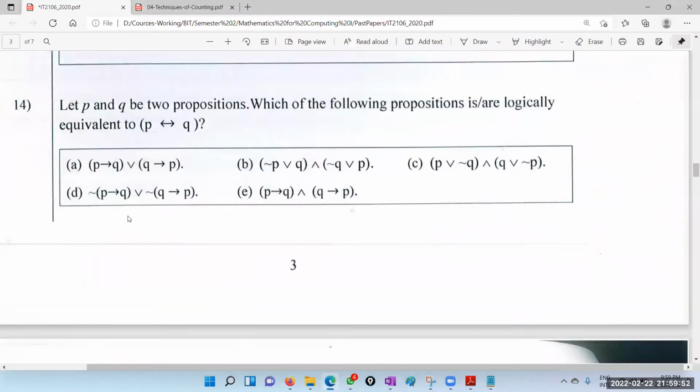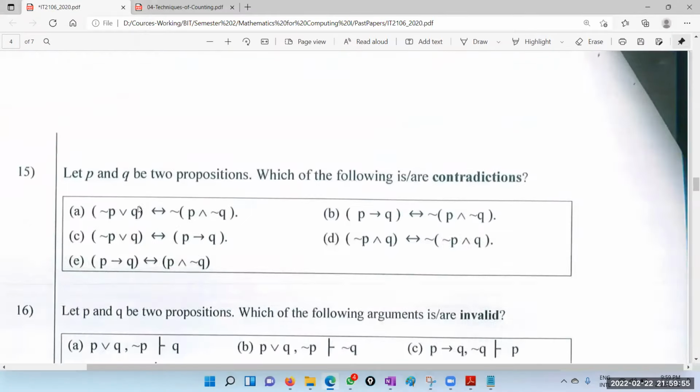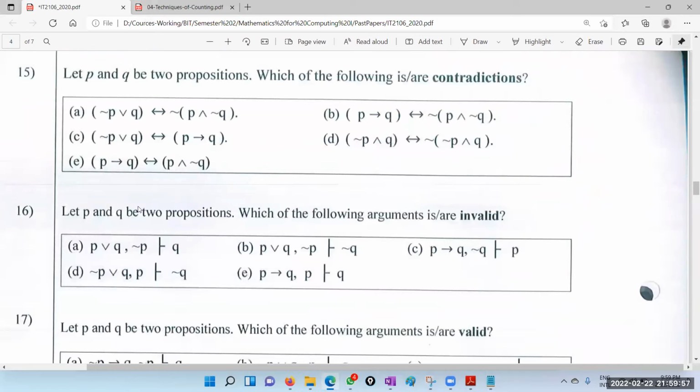So that is the 14th. Right. 15 asks about contradiction. Contradiction as a logic concept means